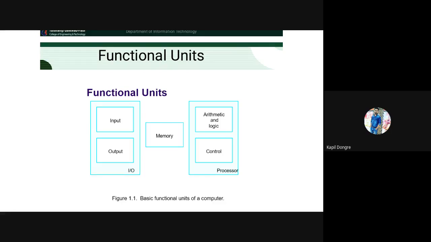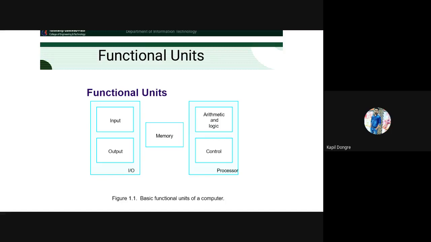The basic functional parts consist of input and output, which combined are called IO devices, memory, arithmetic and logic units, and controllers. For input, we need to perform different types of input. What are the different types of instructions we are going to execute? Those instructions require one particular input. So input is provided with the help of input devices, such as keyboards. What are the different types of input devices you have? And you will get one particular output with the help of output devices.